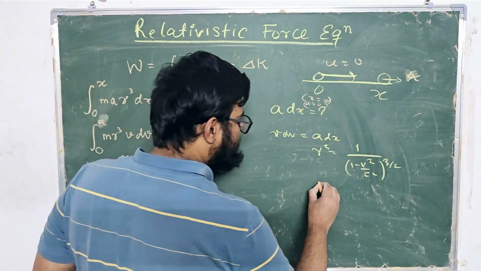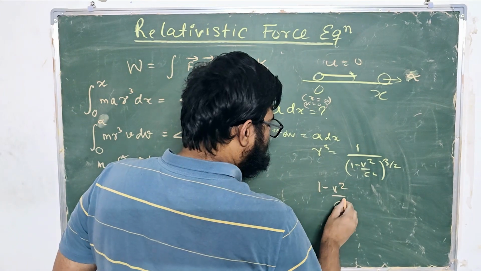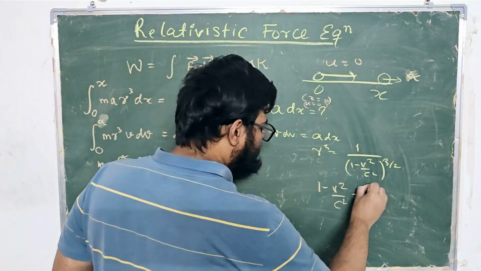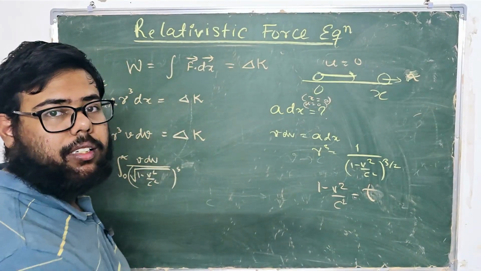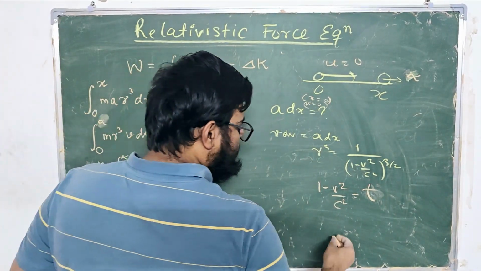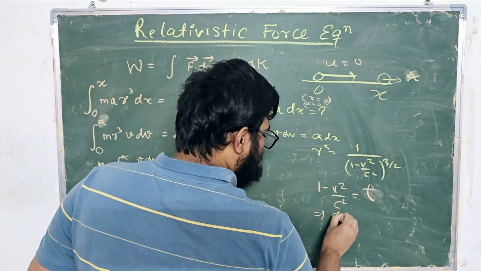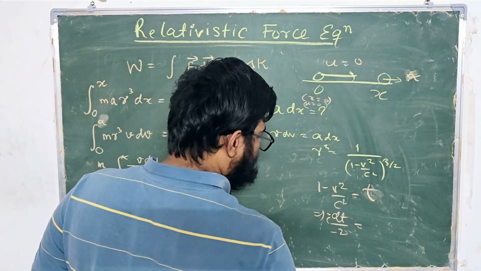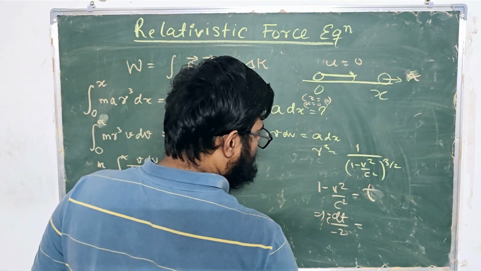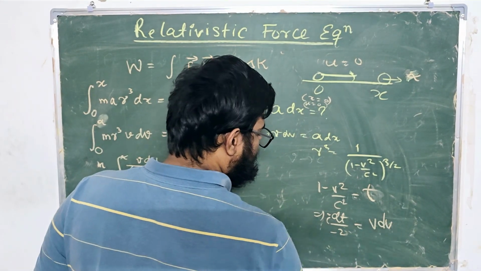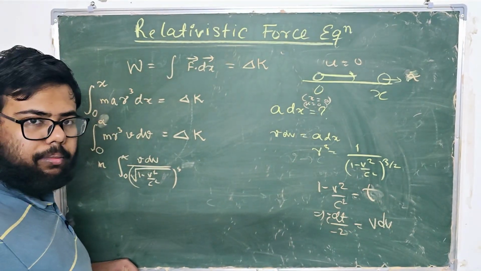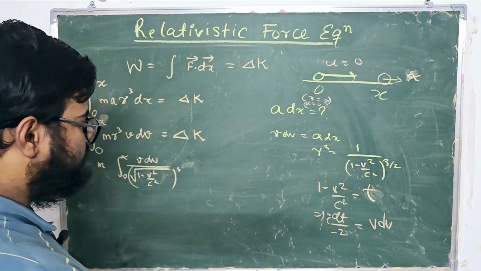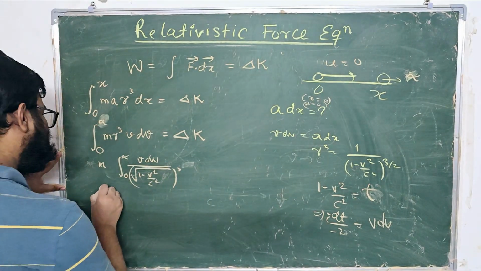Now let's name 1 minus v square by c square as some variable t, not time, it is just variable t. So we have dt times c square, right, is v dv. Correct? Check it once. Yeah. So it is m